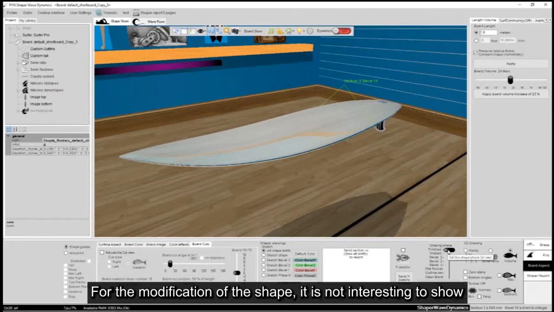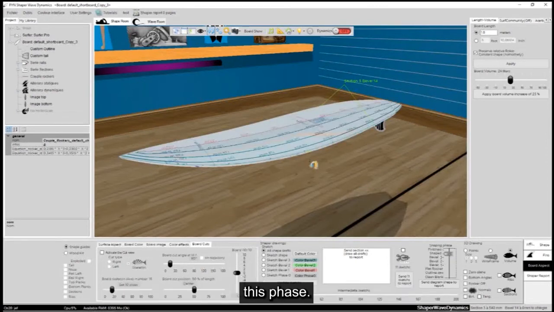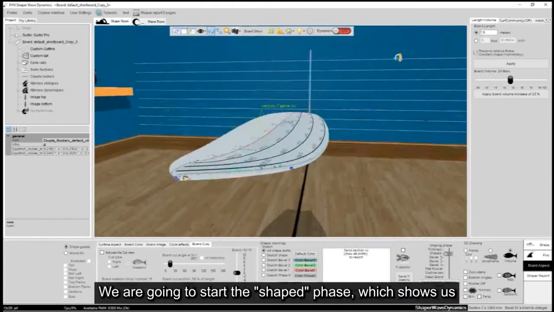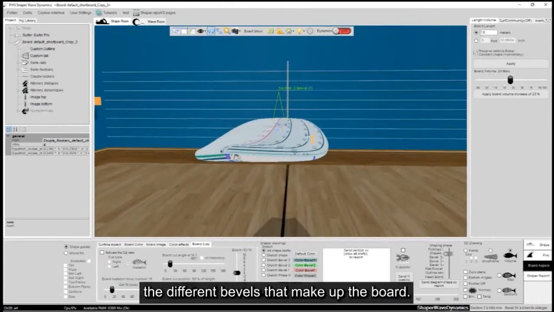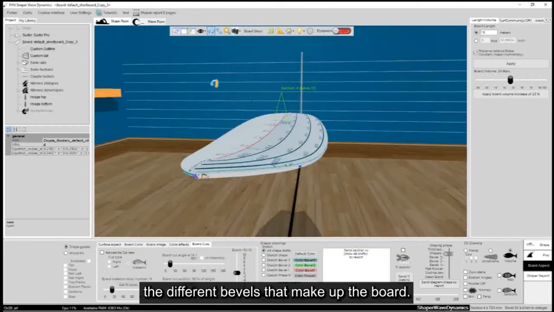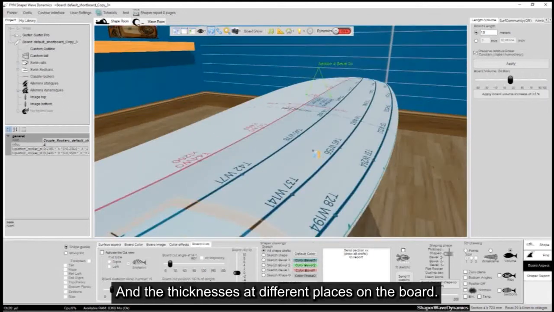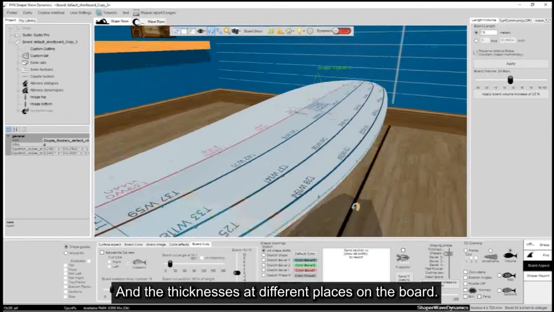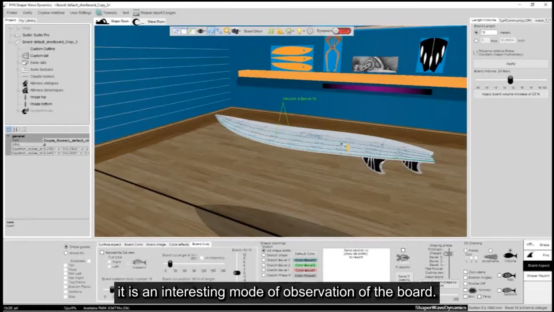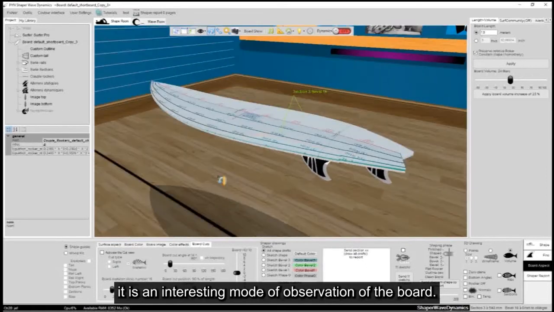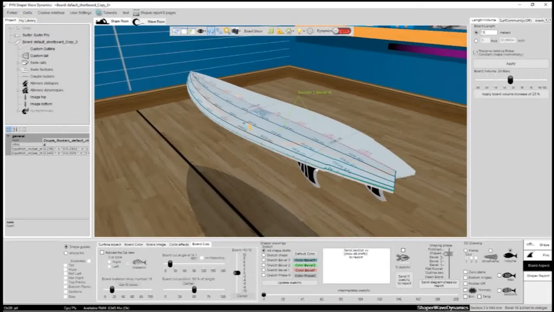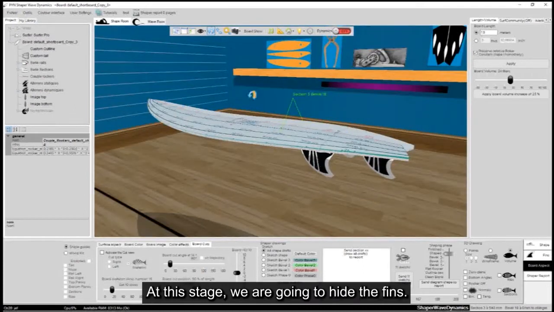For the modification of the shape, it is not interesting to show this phase. We are going to start the shape phase, which shows us the different bevels that make up the board, and the thicknesses at different places on the board. It is an interesting mode of observation of the board. At this stage, we are going to hide the fins.